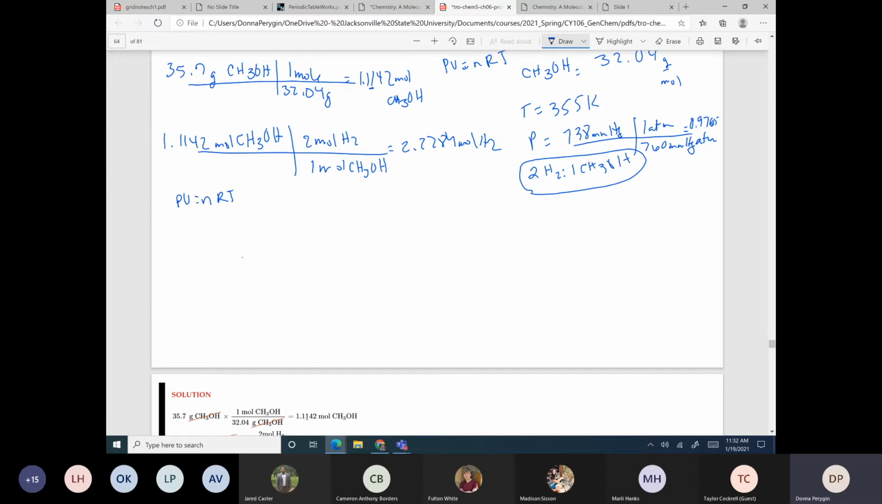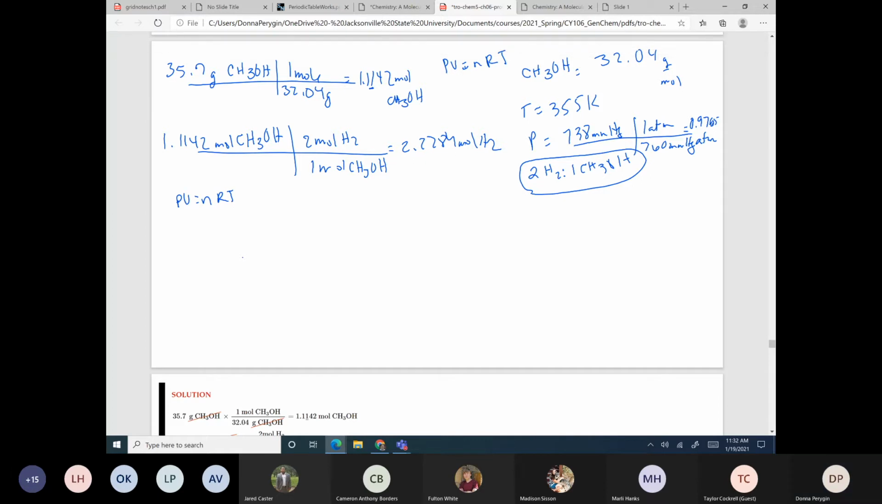All right, so we know that PV equals nRT. I'm trying to get volume, right, because I've got moles of H2 already. I need volume of H2. Okay, so if I use the moles of H2 and everything else, I should be able to calculate that. That's going to be equal to nRT over P, which is equal to